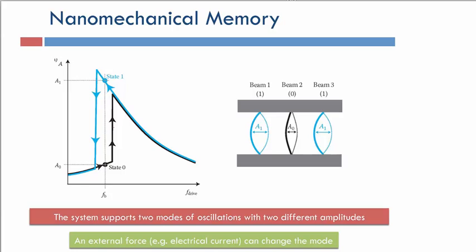In this first application, we're going to look at a nanomechanical memory system. Let's imagine that we have some beams that are fixed on both ends. We have three beams here, beam 1, beam 2, and beam 3, fixed on both ends, and some driving force is applied to them. You can imagine this as a string on a violin. It's attached on both ends, and we draw the bow across it, and you cause a vibration in